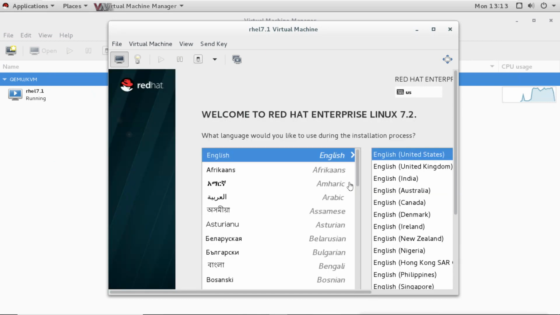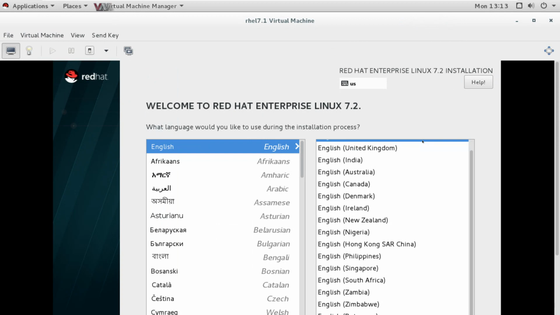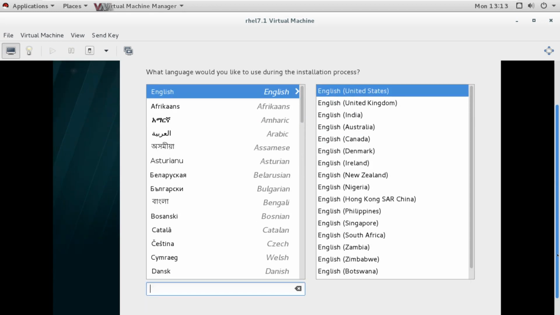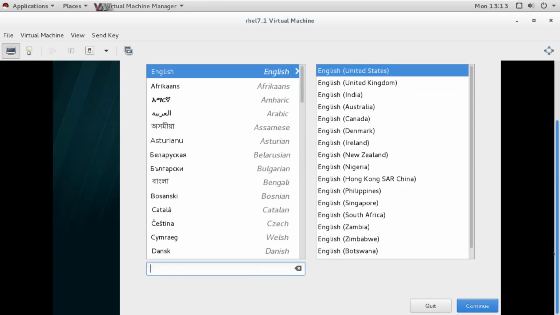So the installation steps are these; let me increase it a bit. Select the language and all, and continue.